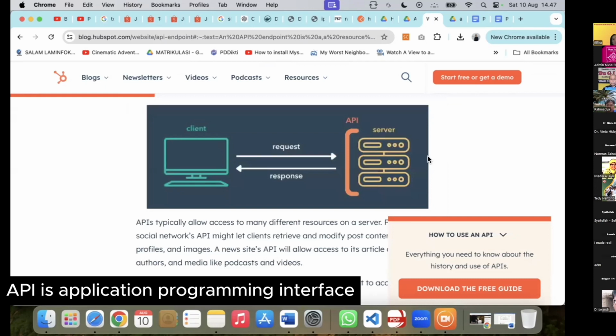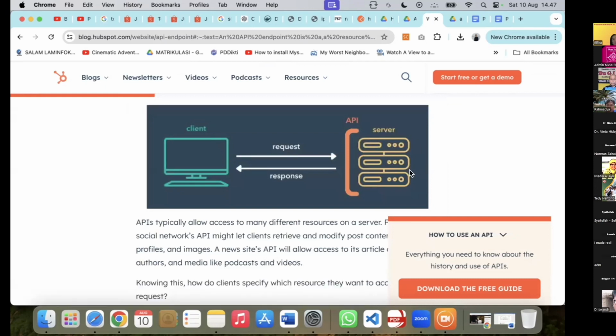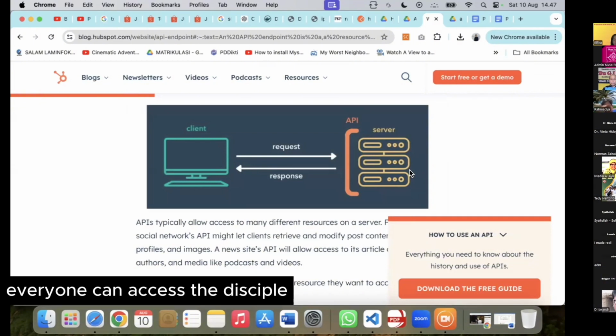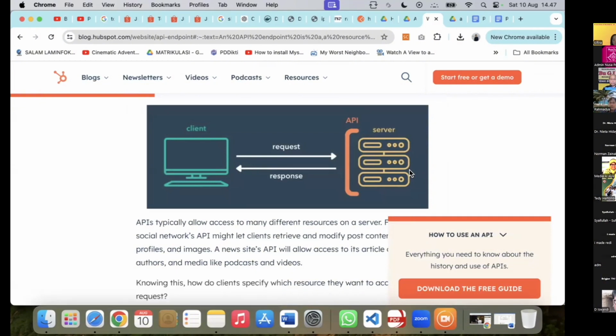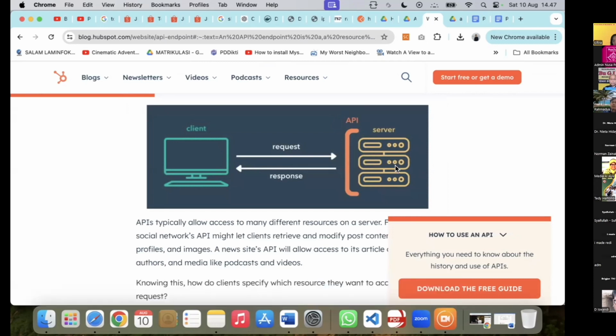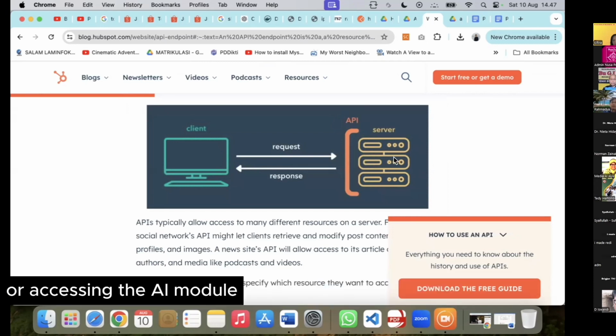API is application programming interface. It is similar to GET. Everyone can access this server, for example, accessing information from a database or accessing the AI module.